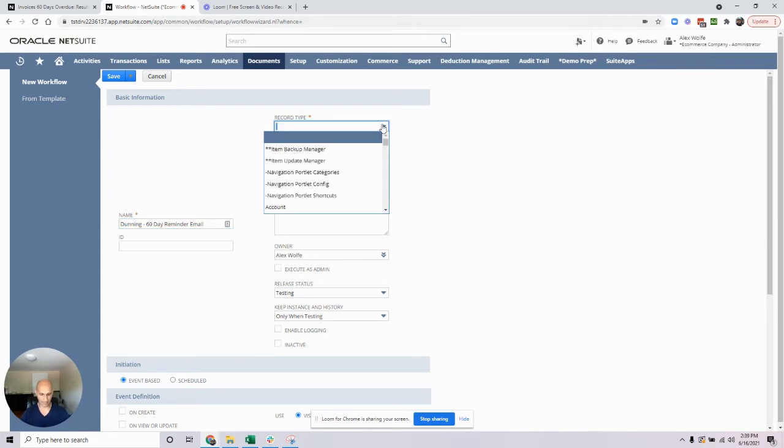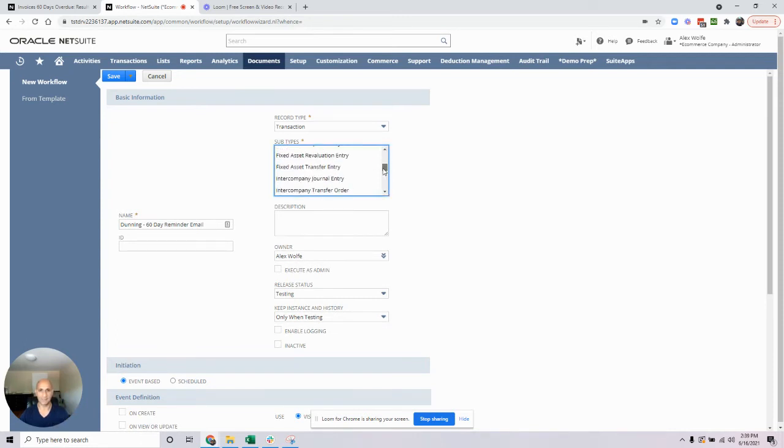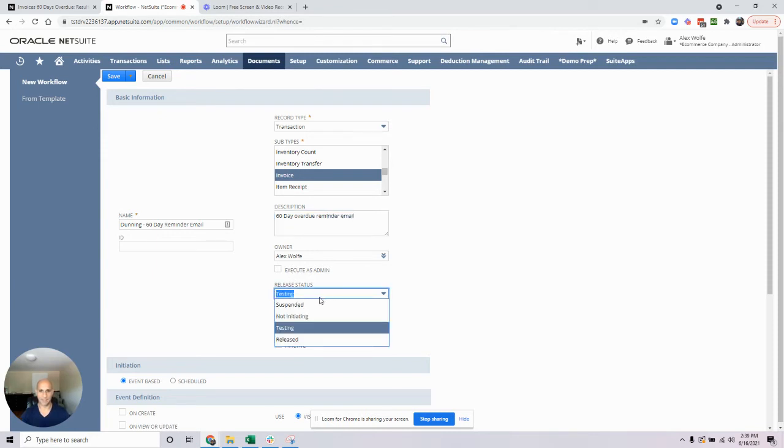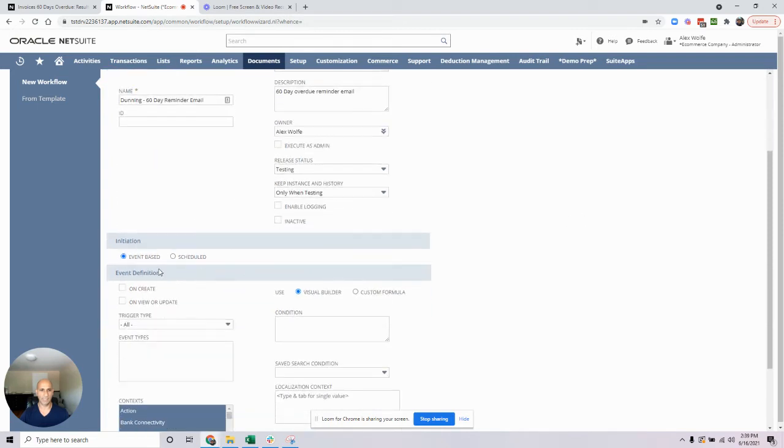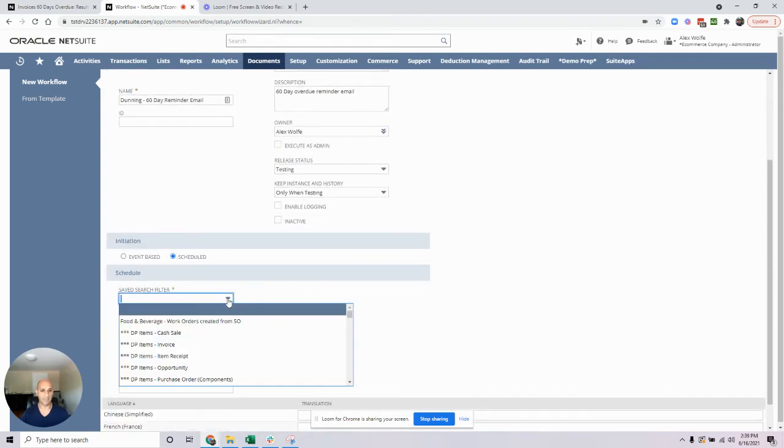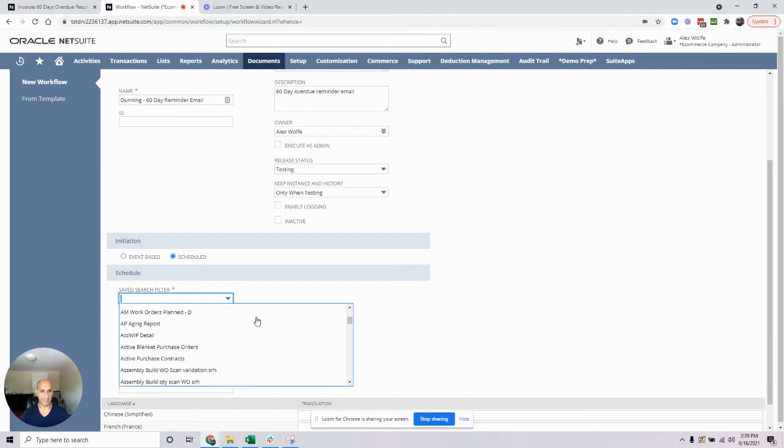Record type is going to be transaction. Subtype will be our invoice. Say 60 day overdue reminder email. And then I'll say it's in testing mode. And then I'll go ahead and create this as a scheduled script. And then from here, I can go ahead and enter my